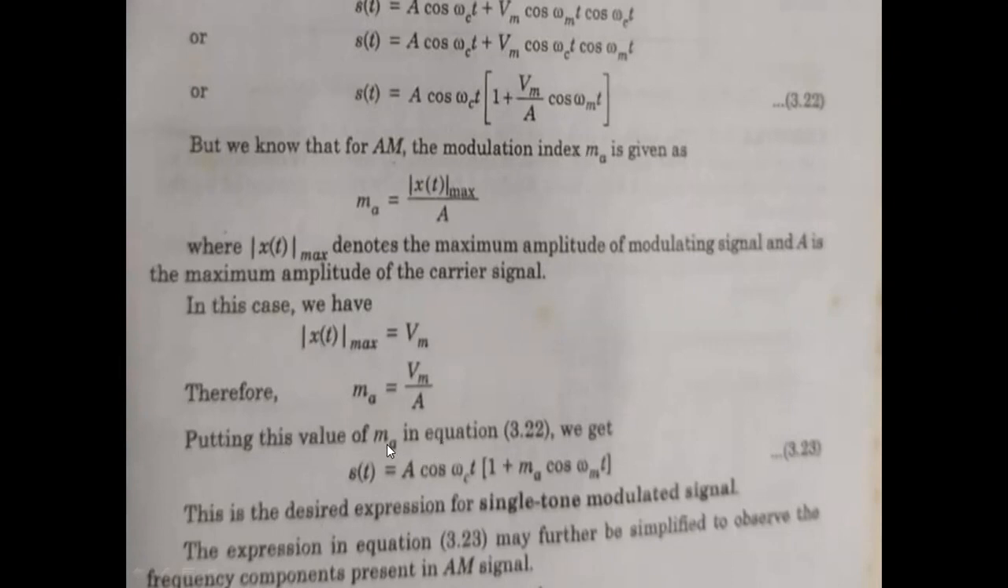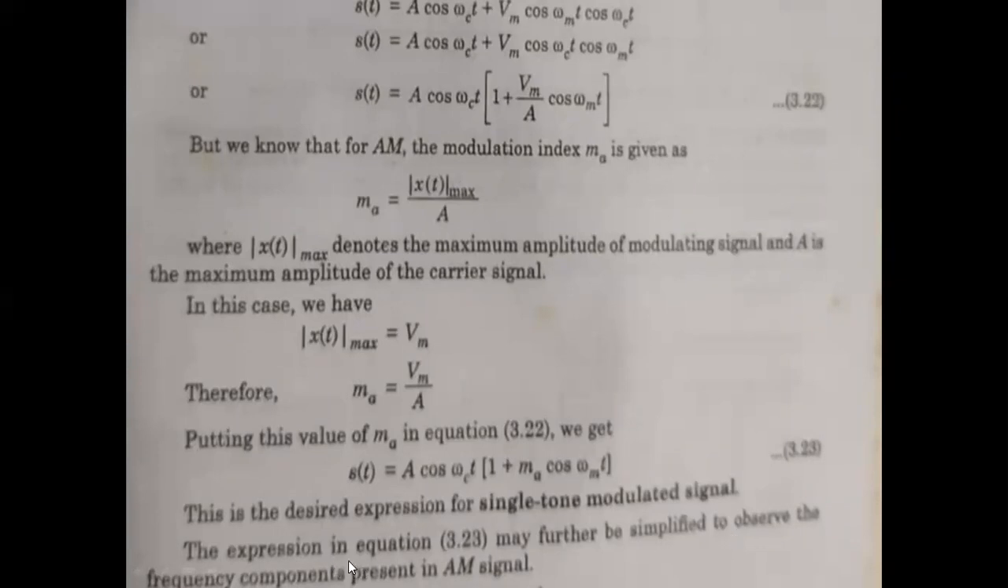Substituting the modulation index value in the equation, now S of t is equal to A cos omega c of t times (1 plus, in place of Vm by A, M cos omega m of t). So this is described as the expression of the single tone modulated signal. The expression of one single tone modulated signal. So the equation may be further simplified